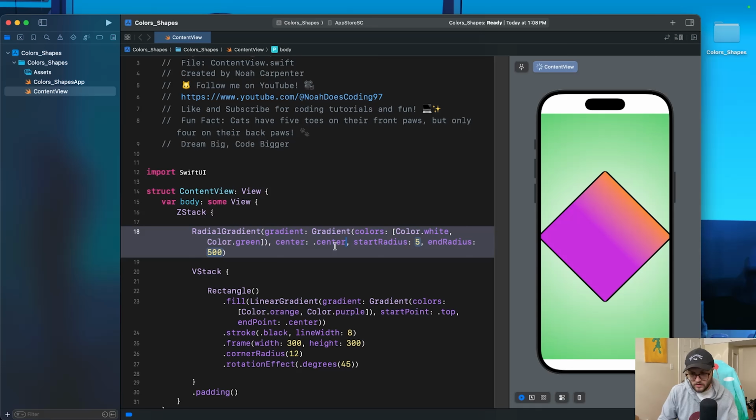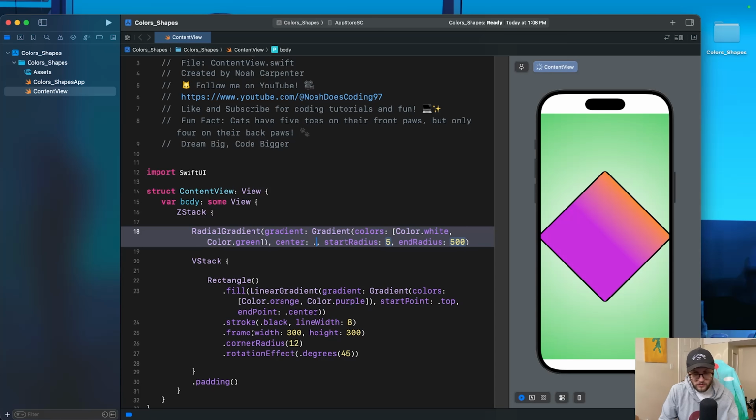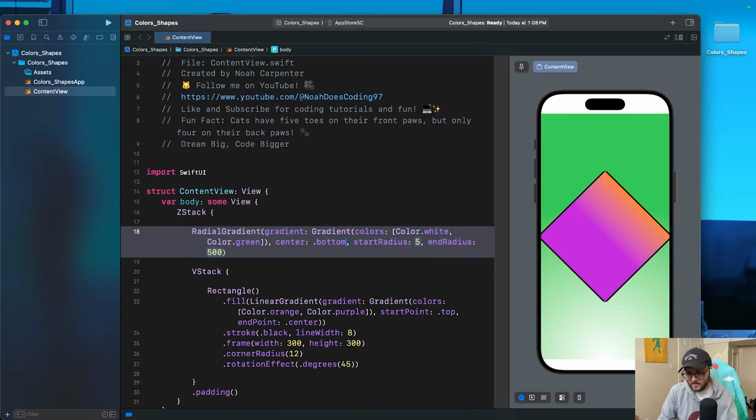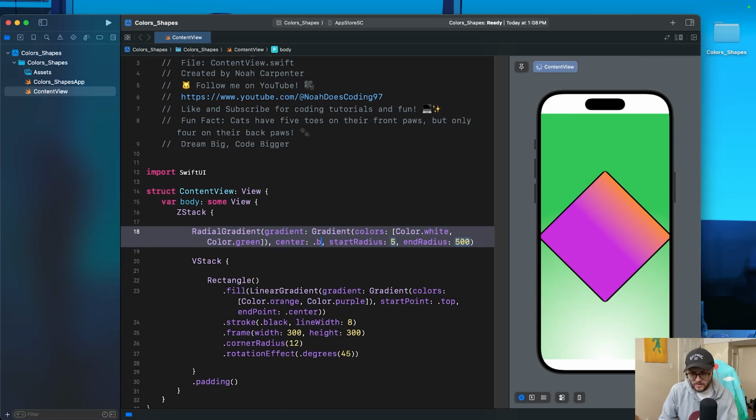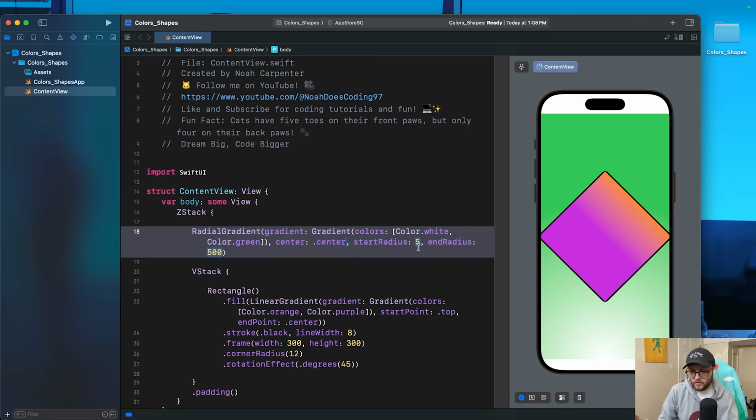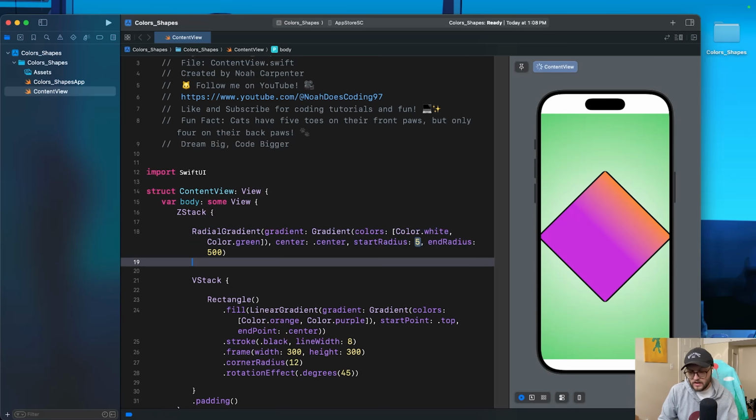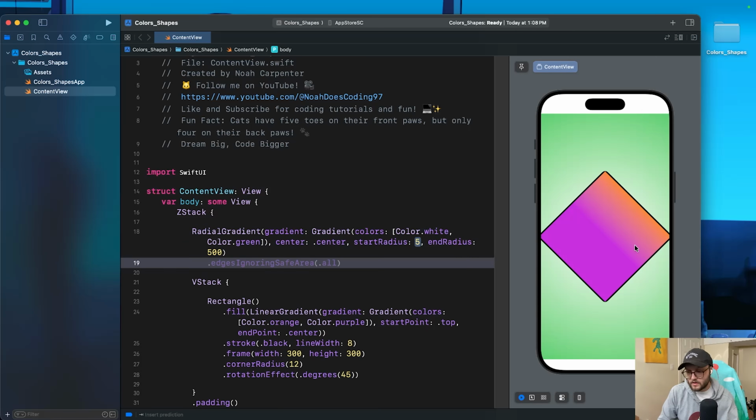We can see here on this one, instead of having a start point and end point, we have where the center is. So you can actually choose where this is. If you don't want your center to exactly be the center, you can even make it the bottom, right? Totally up to you. You are your own designer. We even have a start radius and an end radius. Now, this looks a little bit goofy because on the top and bottom of our screen, it's not being totally